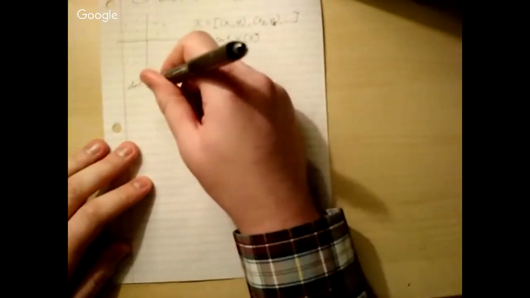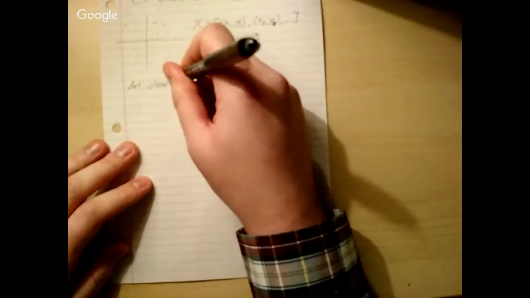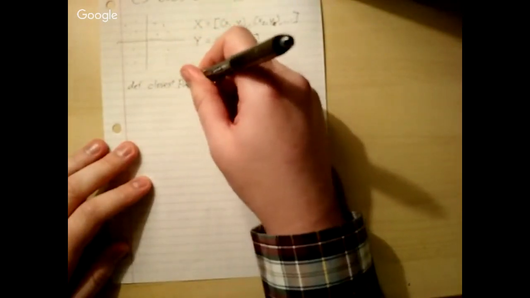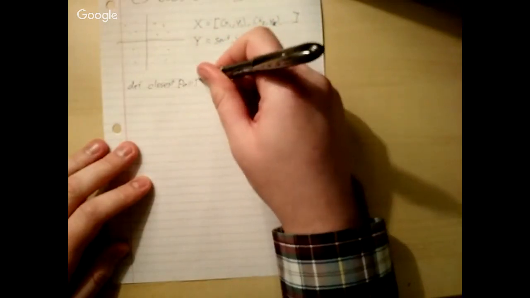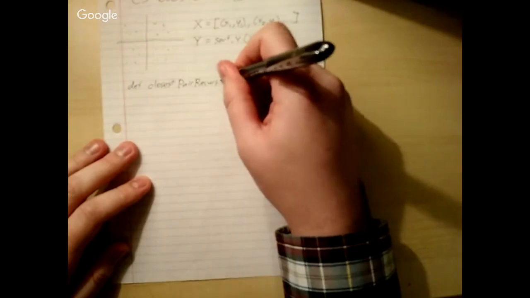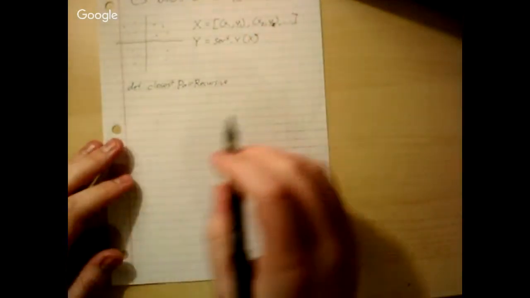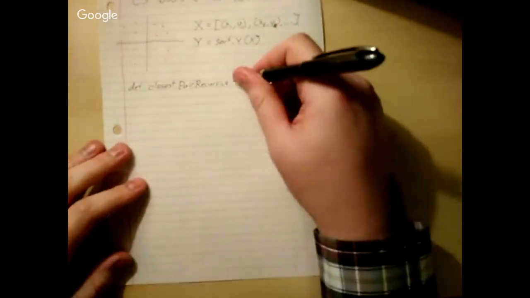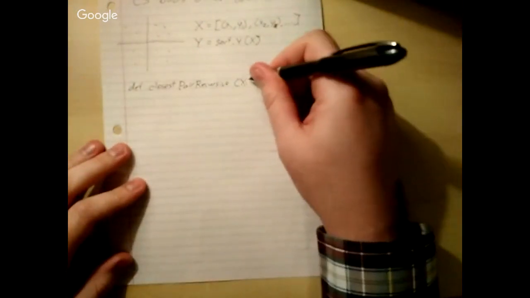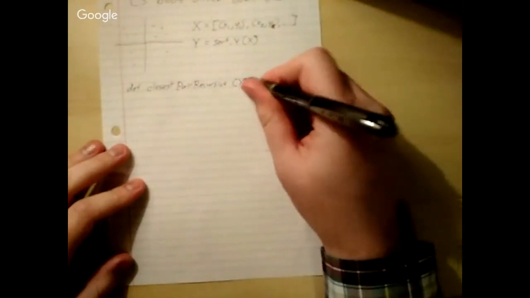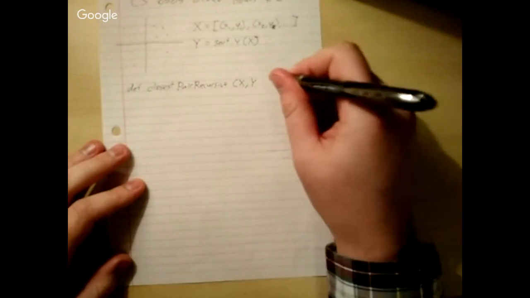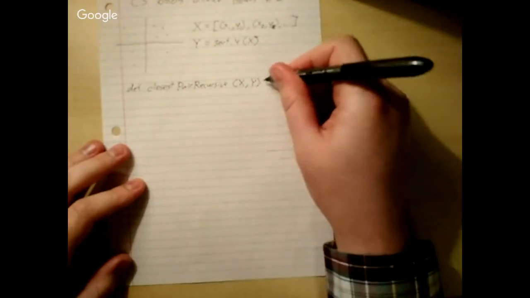Define closest pair recursive, and this takes in the X array, which is all of our points sorted in the X coordinate in the X axis, and the Y array, which is the same points sorted in the Y axis. And then